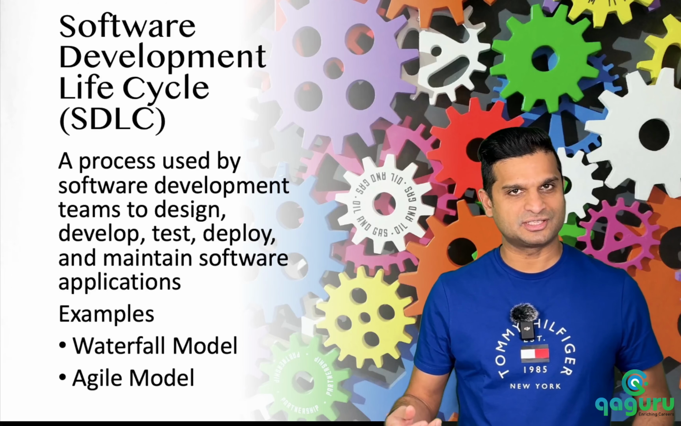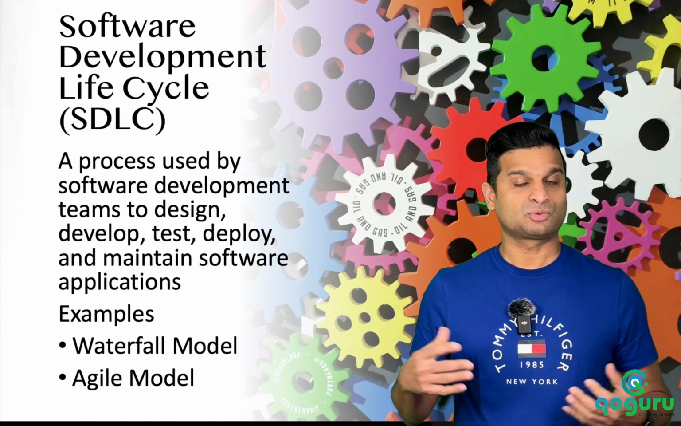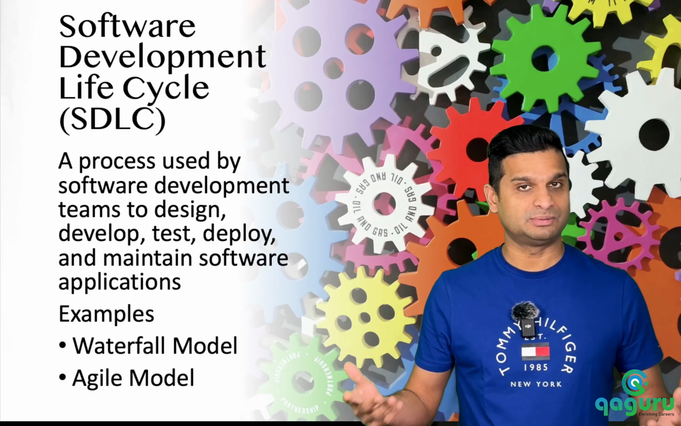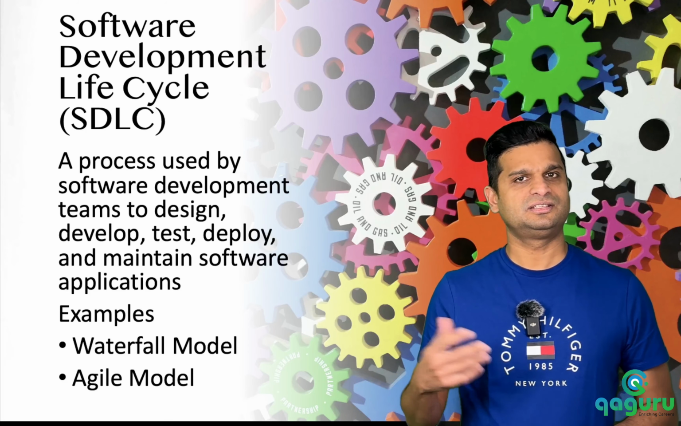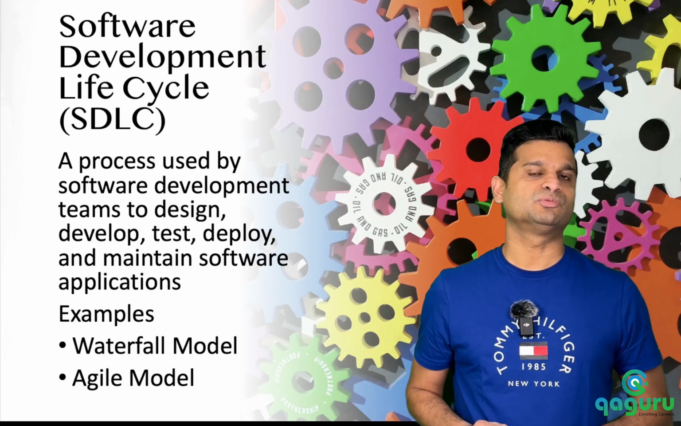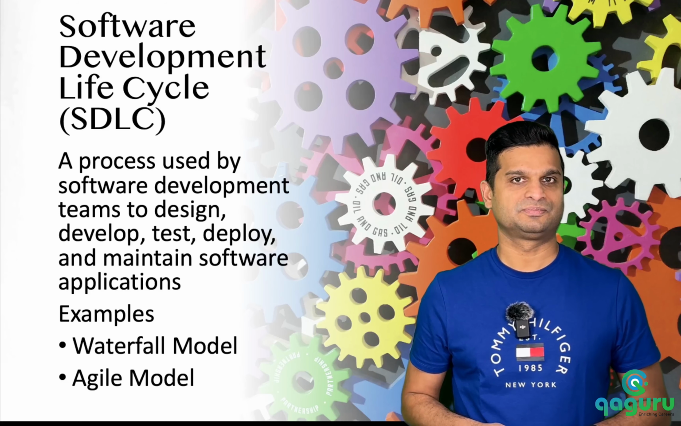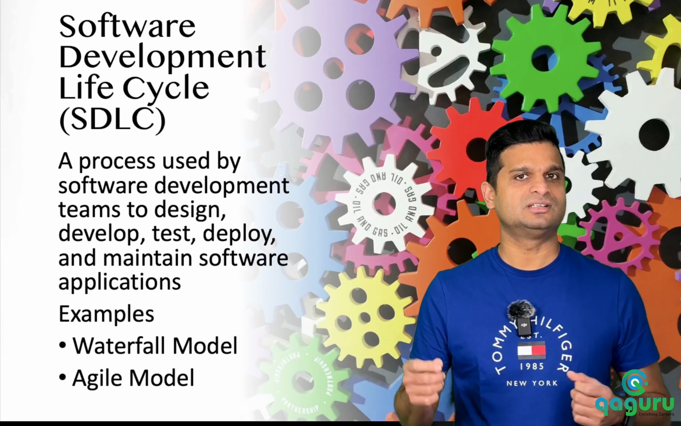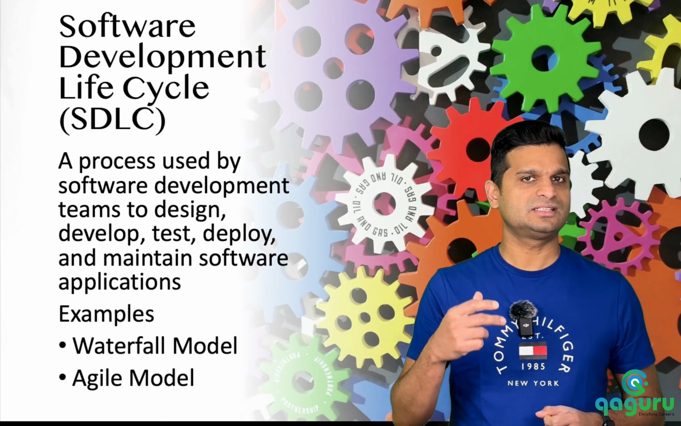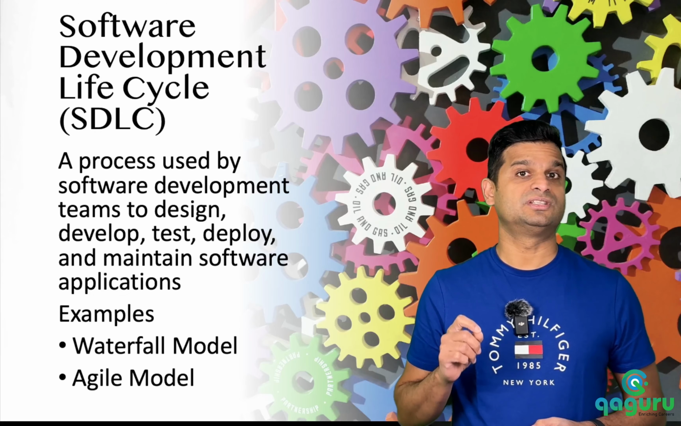Software Development Lifecycle, or SDLC, is a process followed by project teams for building a software application. There are different SDLCs available, but we are going to discuss two important ones: Waterfall Lifecycle and Agile Lifecycle. While Waterfall Lifecycle is still in use in certain industry segments, Agile is the most popular one due to its